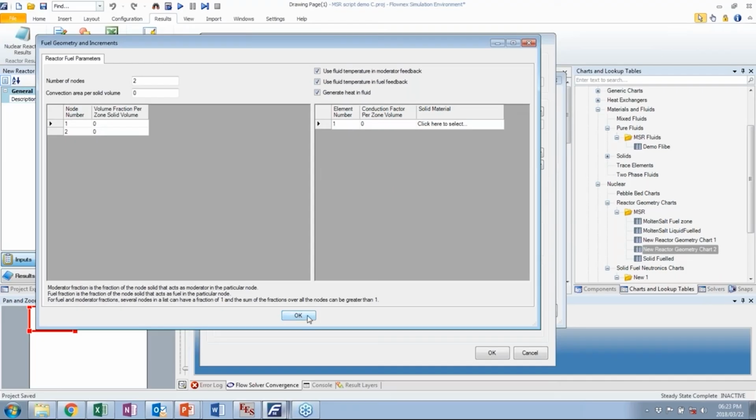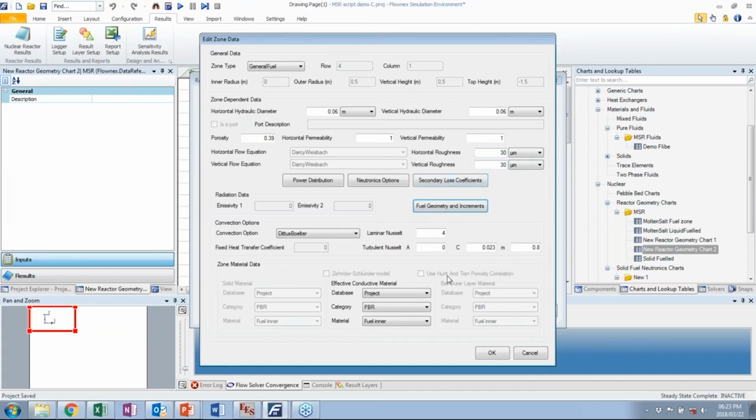Please try to bear with me. This is not the focus of this webinar. The idea of this is just to give you a feel or an overview of the capability of Flownex towards molten salt reactors. Okay, so in this way, I can then set up my geometry chart, and with the neutronic